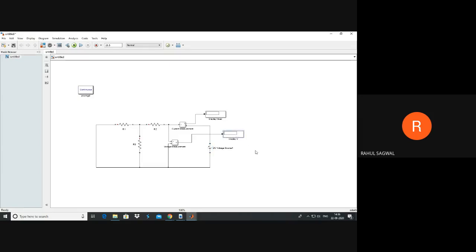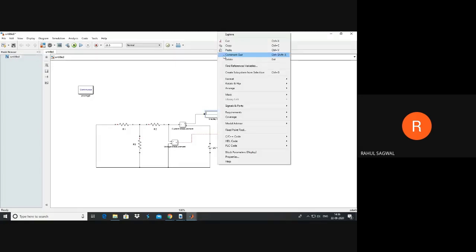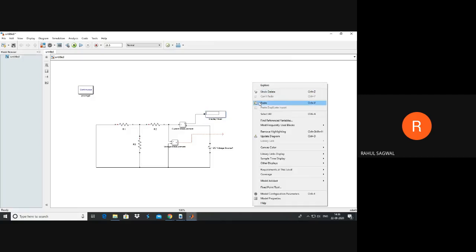So next, what we need to do: delete this display device, copy and paste it somewhere else.